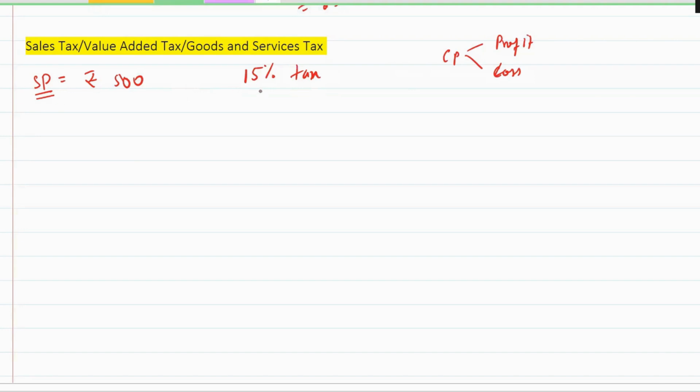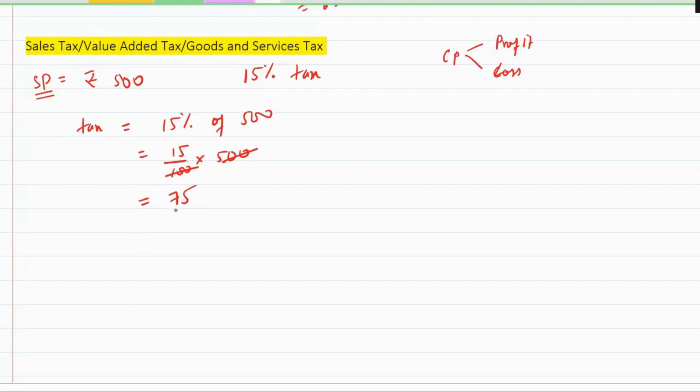Whenever there is a tax, we need to pay extra money. Suppose we went to a shopping mall, one toy is 500 and tax is 15%. So what do we need to do? This is percentage. So tax is 15% of SP, which is 500 over here. So 15 upon 100 into 500. Just cancel these. So it is 15 sevens, how much? 75 rupees. This is tax.